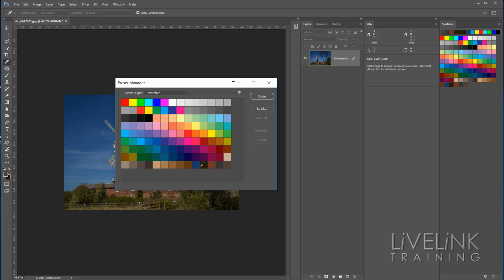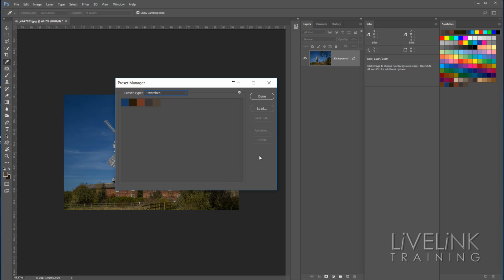So I want to delete everything except these last 5. And I can do that now. I can click on that first one. I can hold the Shift key down and click on that last one. And then I can click delete. Now I can reset these at any time, so I've not actually got rid of anything. I can bring them back, and then I need to select these again and save them out as a new preset. So I'll click on that first one, I'll shift click on the last one, and I'll save it out